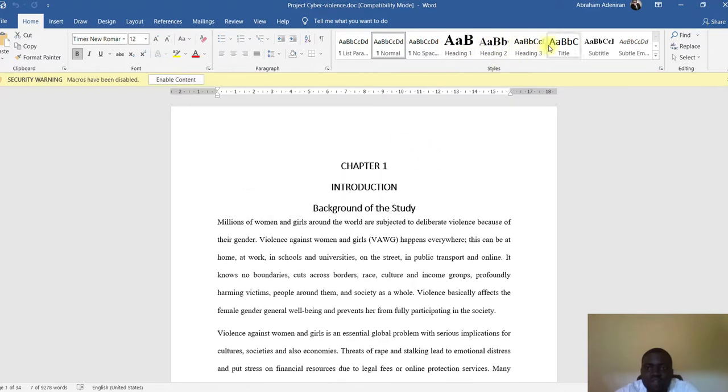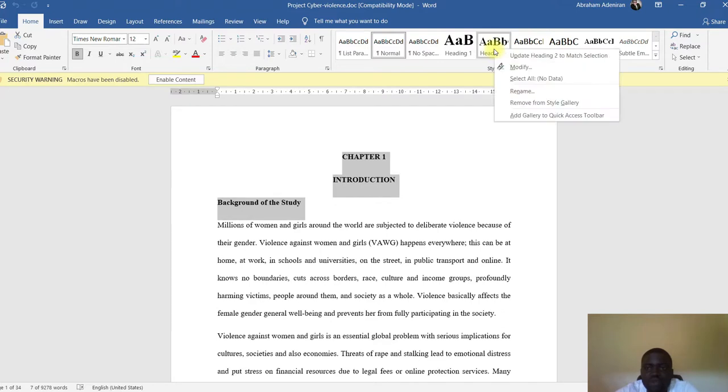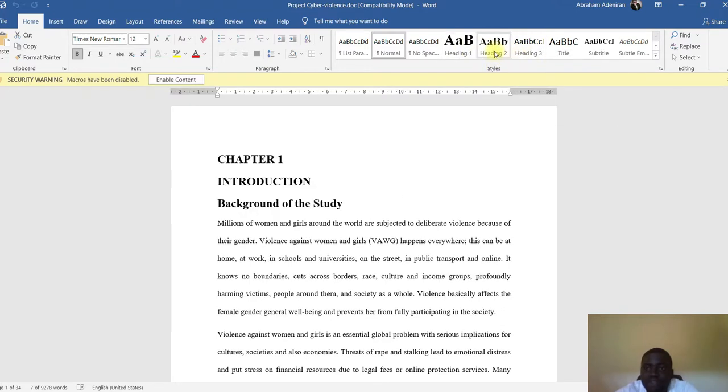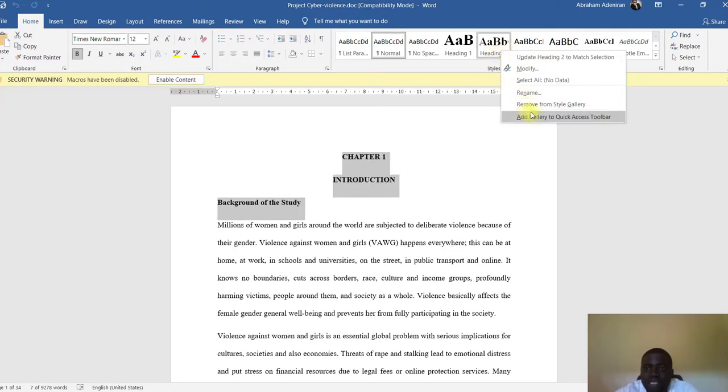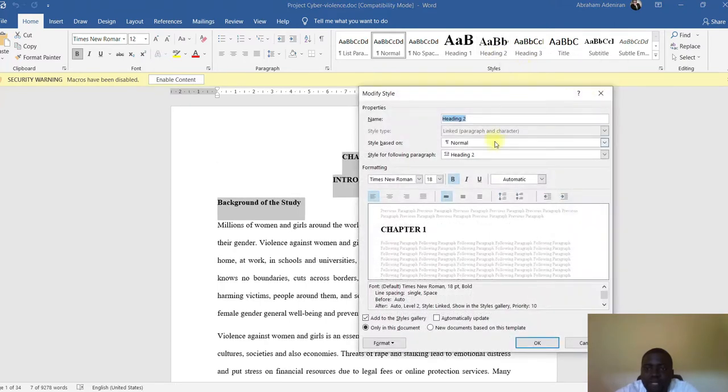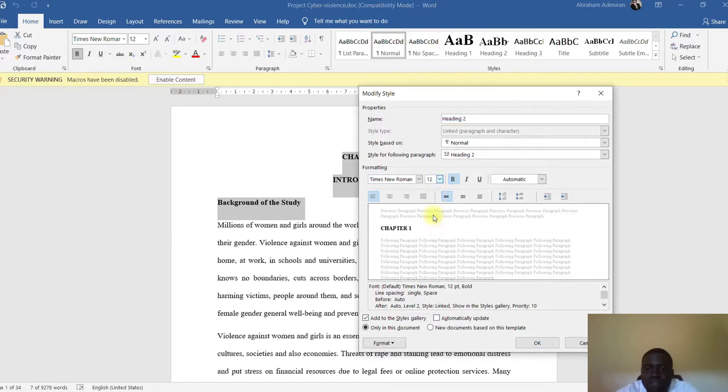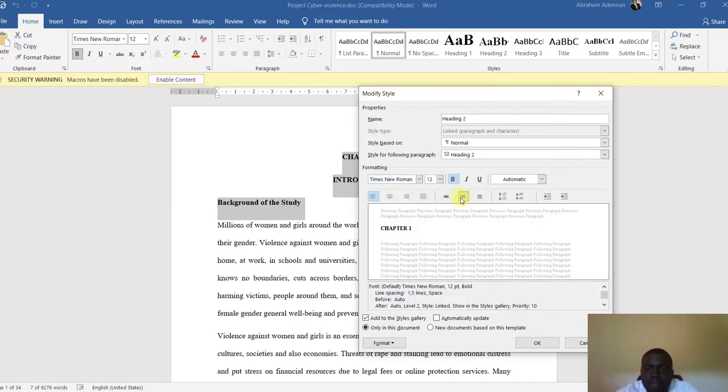But if I don't want the default heading style, what I'll do is right click on whichever heading I want to use, and I'll click on modify. And what I'll do is change this. I'll change this to 12. I want it the same way it is, but I want to also maintain the paragraph settings. So I'll just go here and I'll click here,